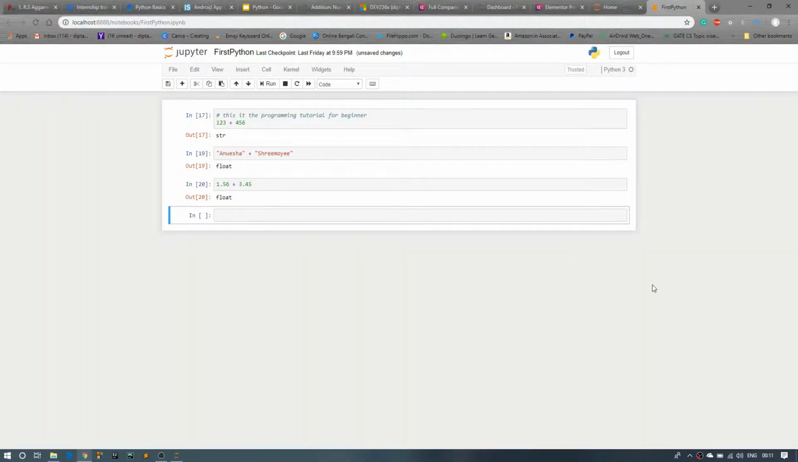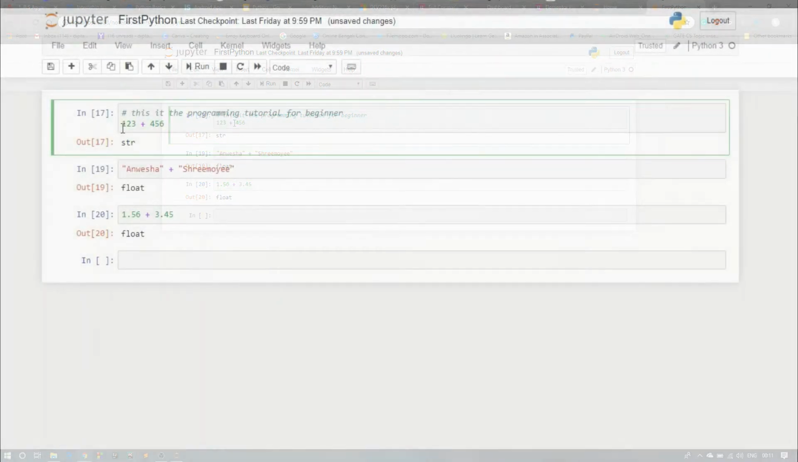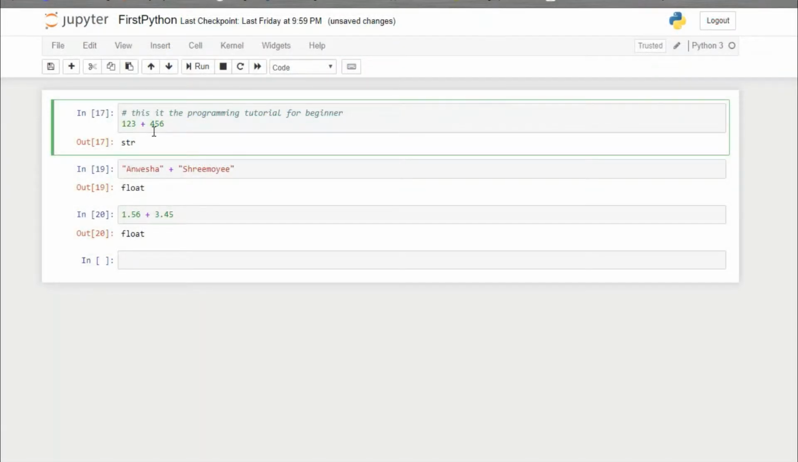So in this video we'll show how you can use the plus symbol to add two numbers or concatenate two strings. You can see in the first case we have 123 plus 456. So it will add these two numbers. You can just click Ctrl plus Enter and it will show 579, because it added these